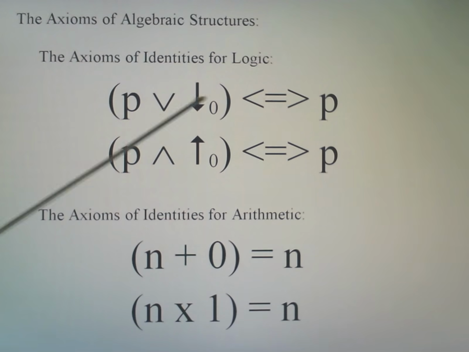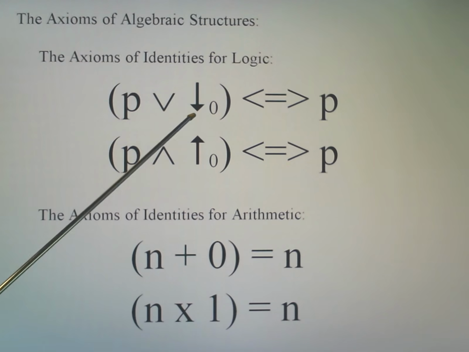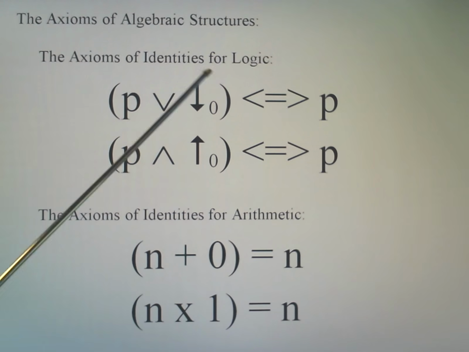Here, this equivalence is always true. It can't possibly be false. And that is because, of course, with an OR, we only need one true statement to make it true. Since that's false, if that's true, this whole thing will be true, but also, since that's false, if that's false, the whole thing will be false. Again, I may have said that wrong.